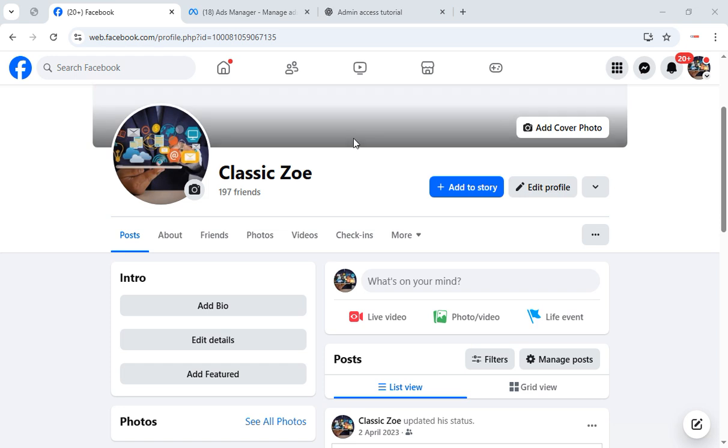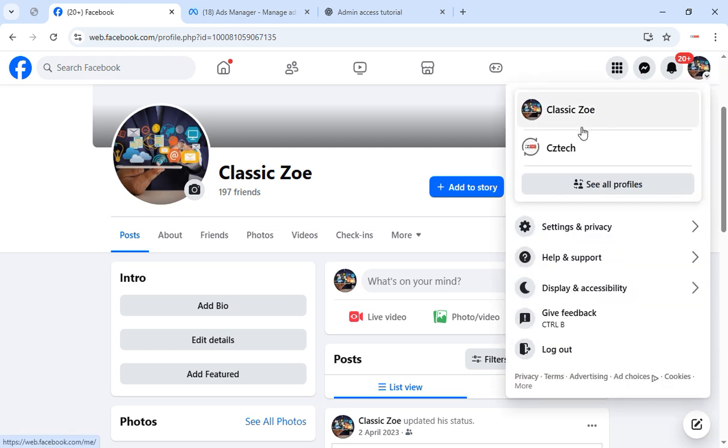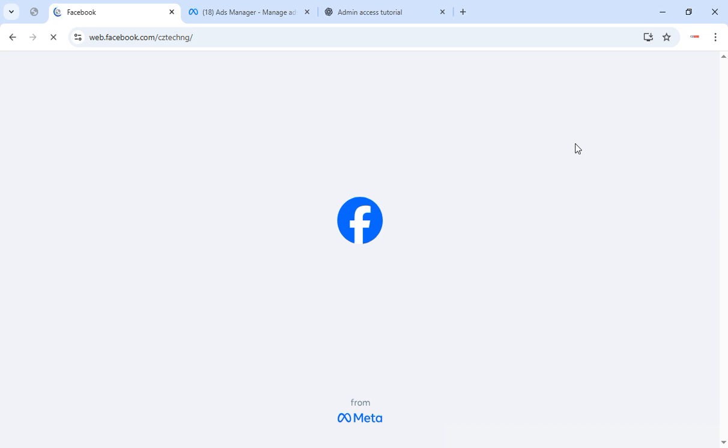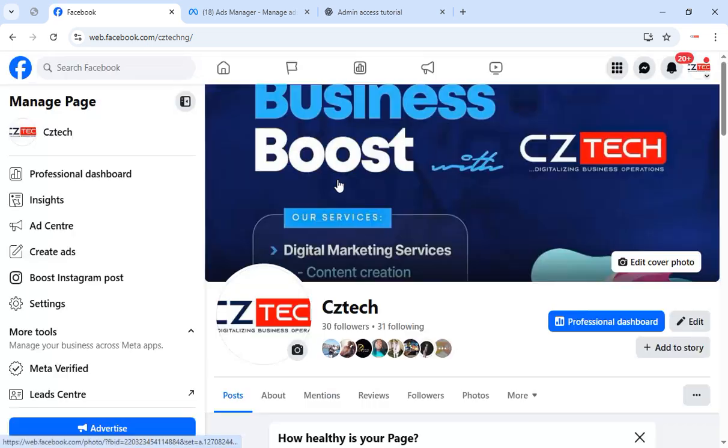Okay, so first of all, you have to send a friend request to the account that you want to give access to. So you can search for the account here, search by the name. All right, then add the fellow as a friend. Okay, when that is done, then you now switch to the page. I'm using the Systech page. You switch the page,